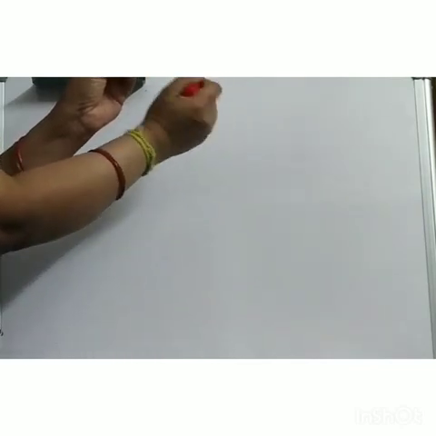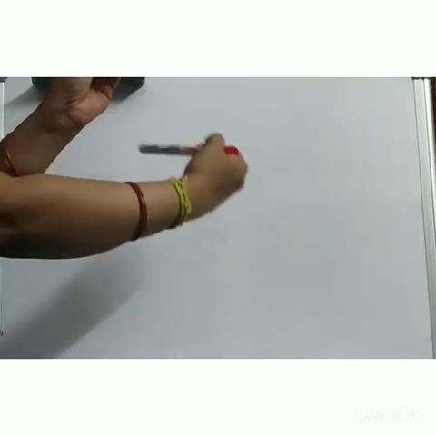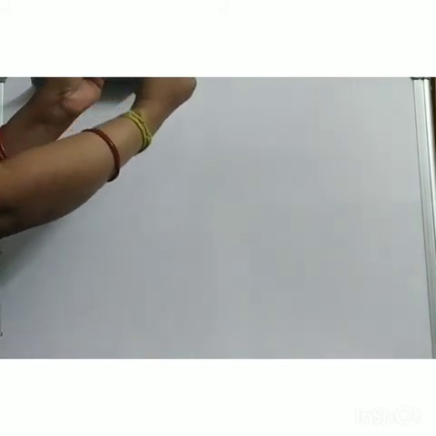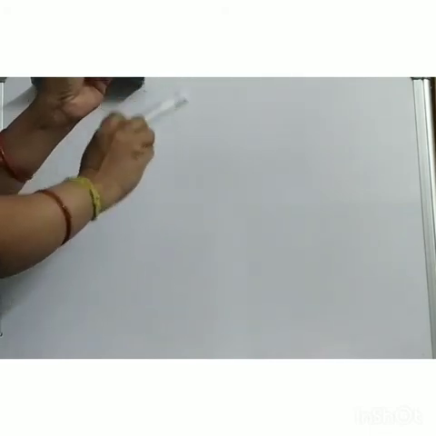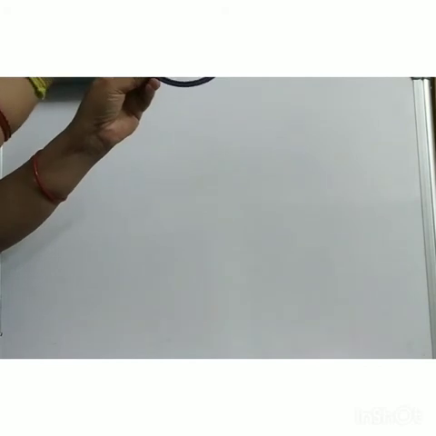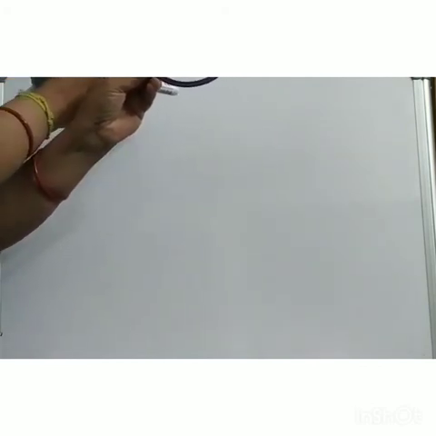That means for the person standing over here at the opposite side, the current flow is in clockwise direction. Here it is anti-clockwise. For this person, current is clockwise. So clockwise means this is your south pole. For this person, this face is your south pole. This face is your north pole. So like your bar magnet, one face is north, one side is south.